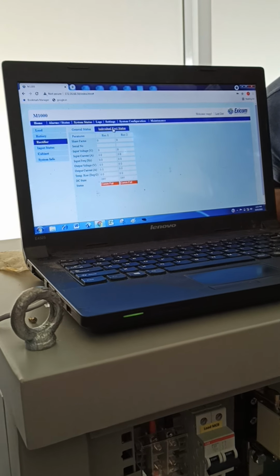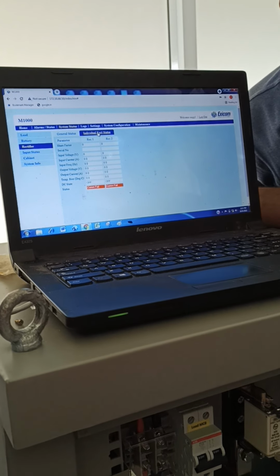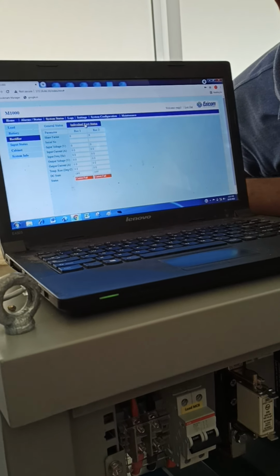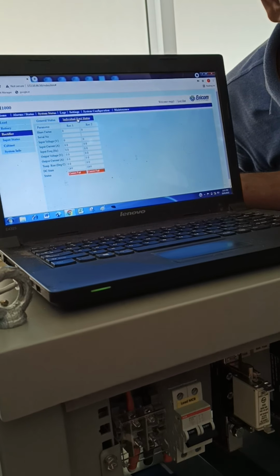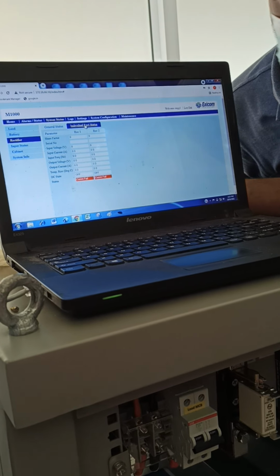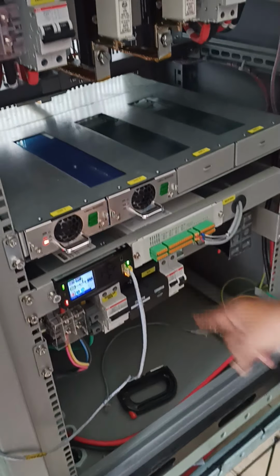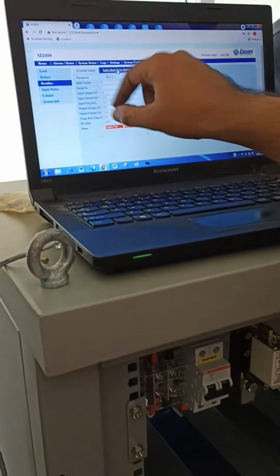So first we have to register the rectifier. How will we register? We switch off all these MCBs and switch on number one, the mains input. Then only the first rectifier comes on, and this value will appear here.